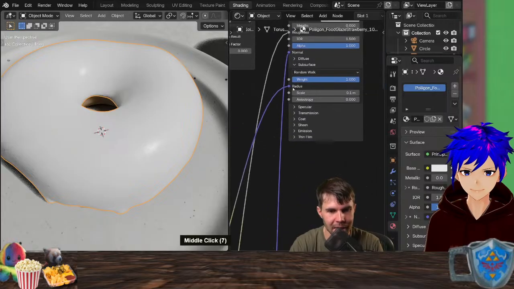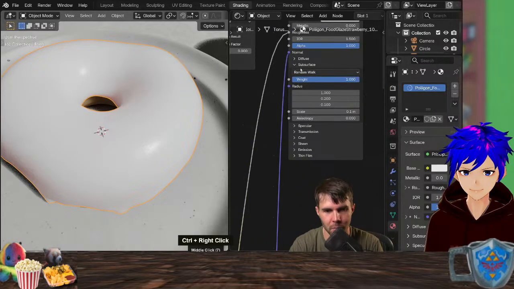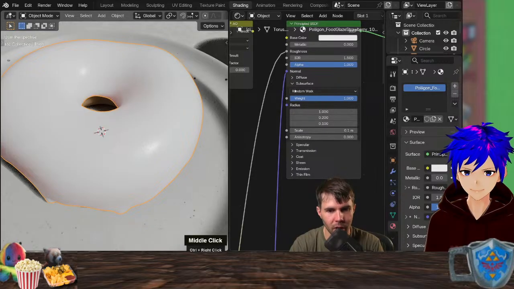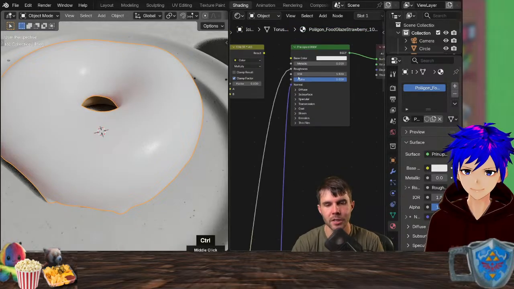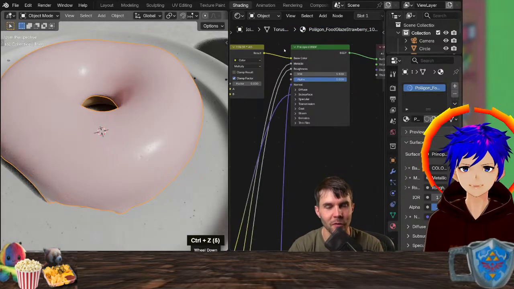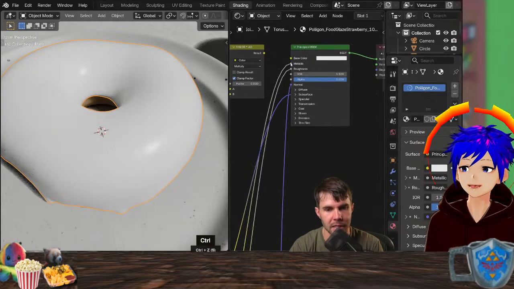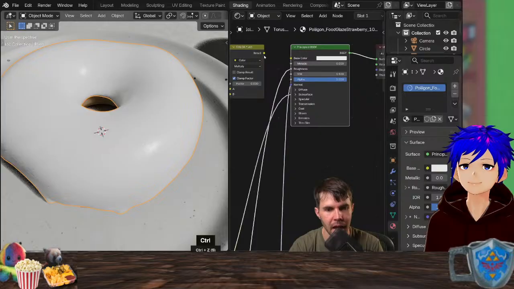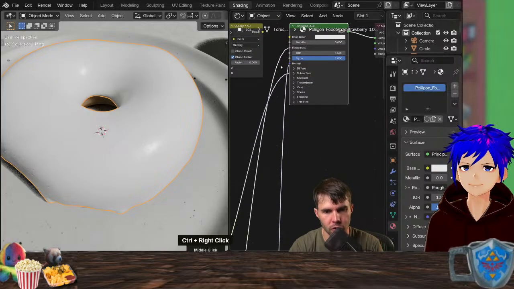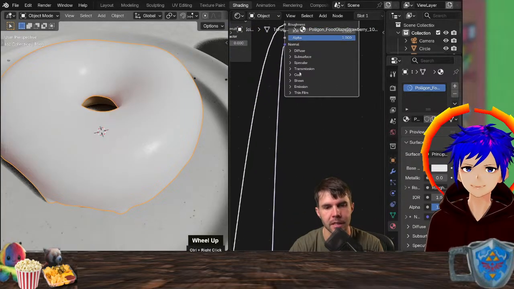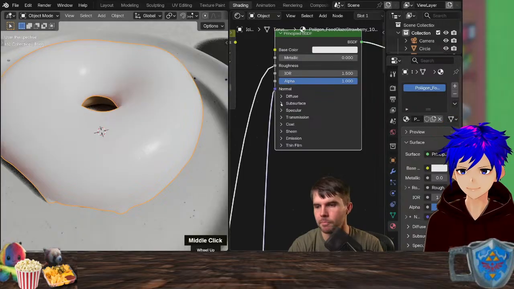I'm going to disconnect this, which is the subsurface amount, because I want to control that myself as well. And I'm just going to leave the roughness and the normal, and that's it. Oh, I should explain how I was disconnecting those. If you hold down Control and then right-click drag, that is how you can disconnect. You can also just click these points and then disconnect like that. But I prefer to Control, right-click drag, and that'll cut it. Literally cutting it up, sever the tie.